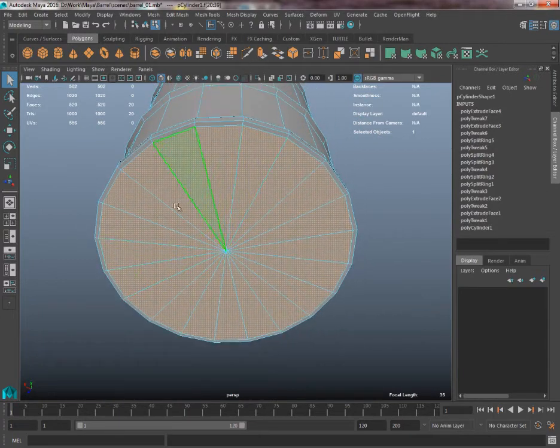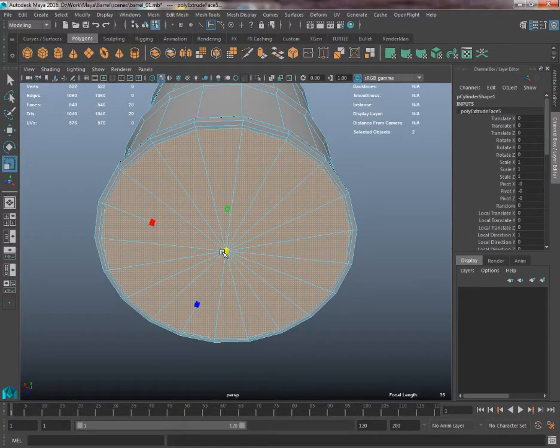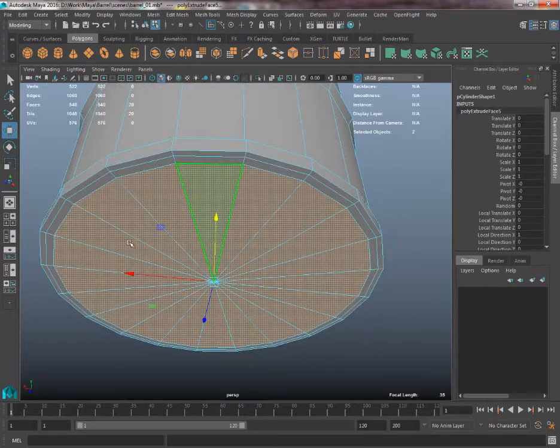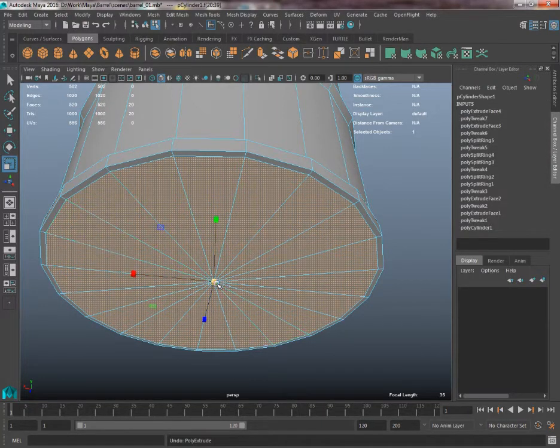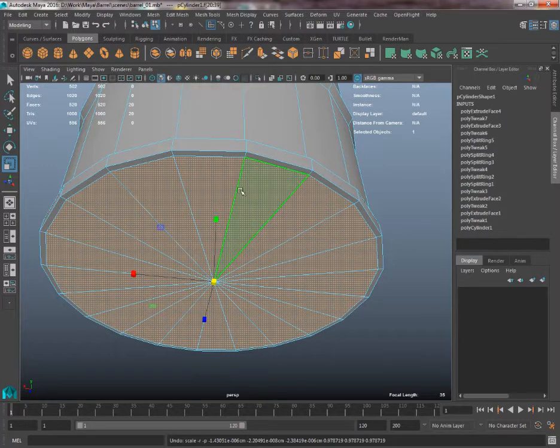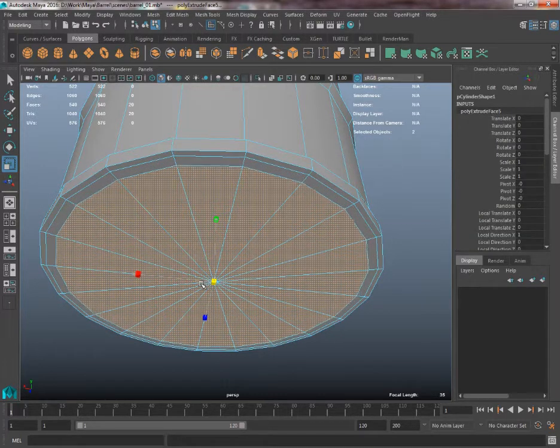And then, with all selected, I'm going to hit extrusion, and then I'm going to scale that in a little bit. And then I'm just going to move it up with this still selected, so we don't have to do another extrusion. So at this point we only have to do one. Let me do extrusion again. So we do one extrusion, bring it in a little bit, and with it still selected, I'm just going to translate it up a little bit,